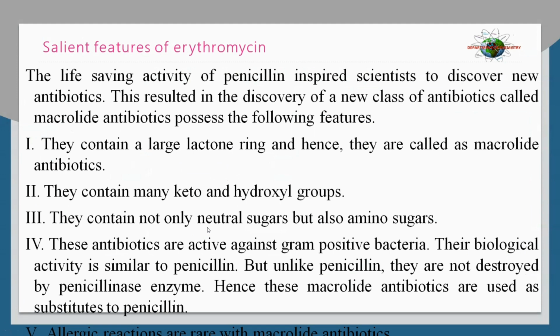Coming to the salient features of erythromycin, the life-saving activity of penicillin inspired scientists to discover new antibiotics. This resulted in the discovery of a new class of antibiotics called macrolide antibiotics, which possess the following features. They contain a large lactone ring and hence are called macrolide antibiotics. They contain many keto and hydroxyl groups. They contain not only neutral sugars but also amino sugars. These antibiotics are active against gram-positive bacteria. Their biological activity is similar to penicillin, but unlike penicillin, they are not destroyed by the penicillinase enzyme. Hence, these macrolide antibiotics are used as